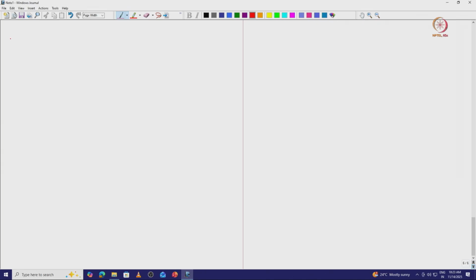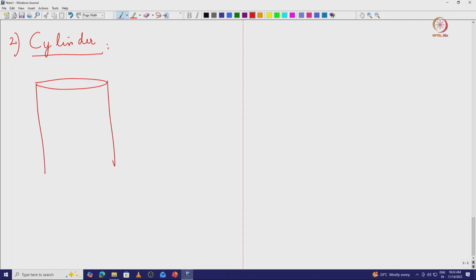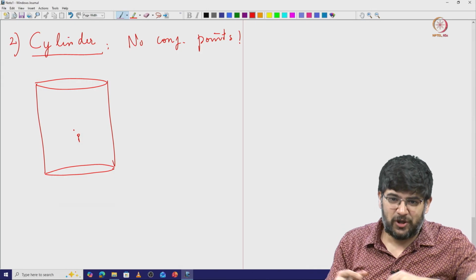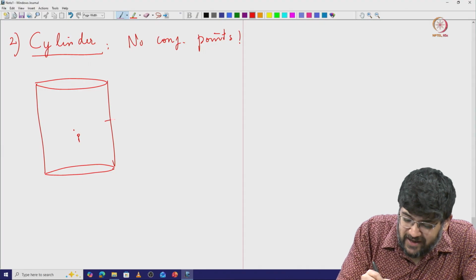Alright, let me give you the other extreme example. Let us take the cylinder. So in this case one can actually show that there are in fact no conjugate points. So let us take a point P here and let us look at geodesics that pass through P. I want to claim that this actually has no conjugate point, and the reason is that you